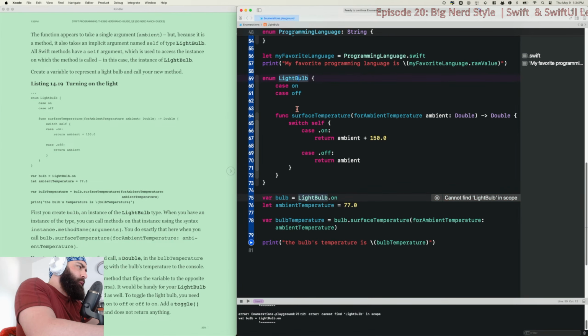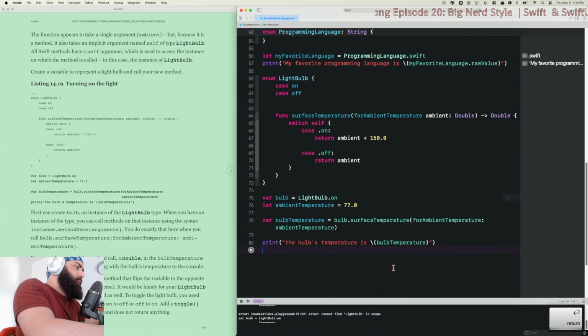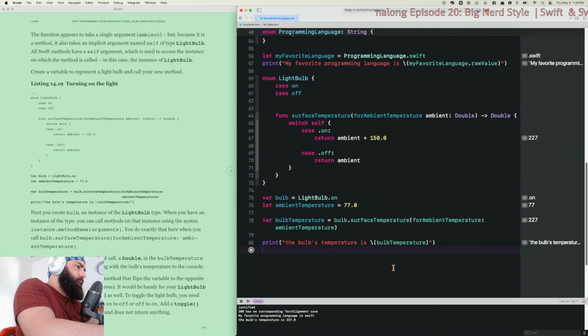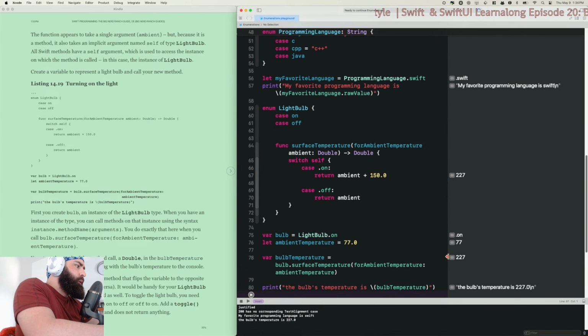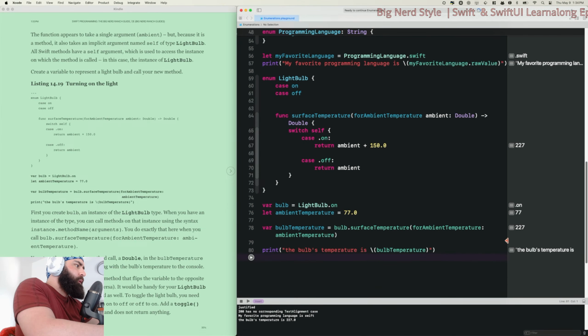Stupid capitalization. Alright. There we go. Is 227. 150 plus 77. Appears correct.